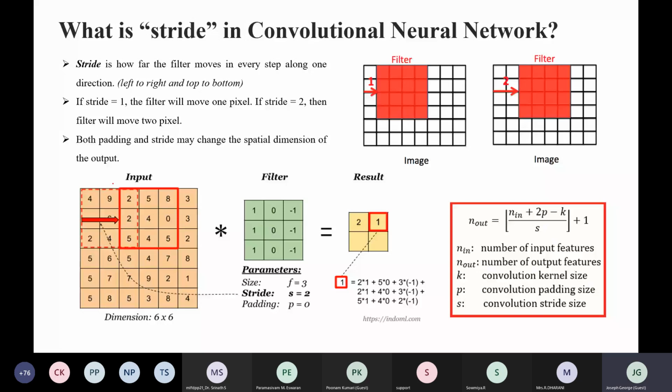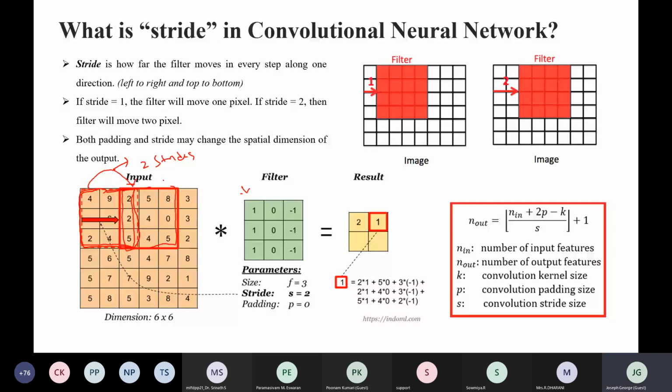Here the filter size is 1x1, and in this case you are moving the filter 2 strides, which means first you are dealing with this particular portion of the image, and next time you are dealing with this portion of the image. So you are moving 2 strides.